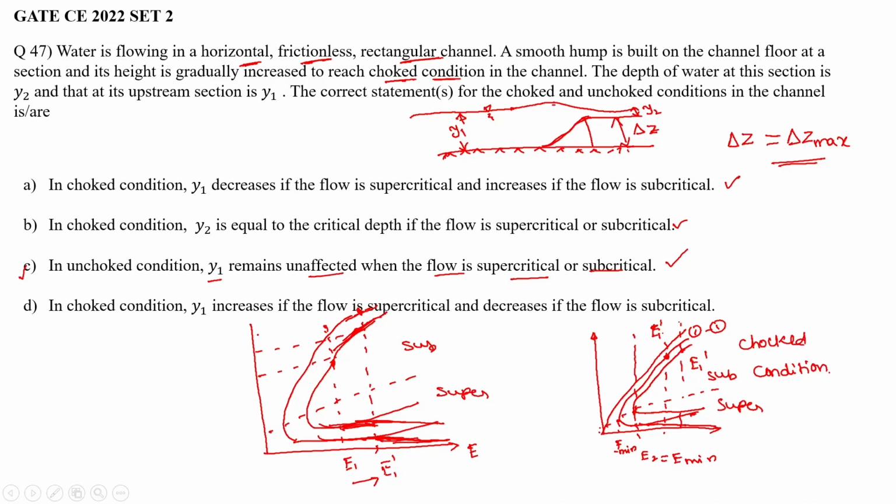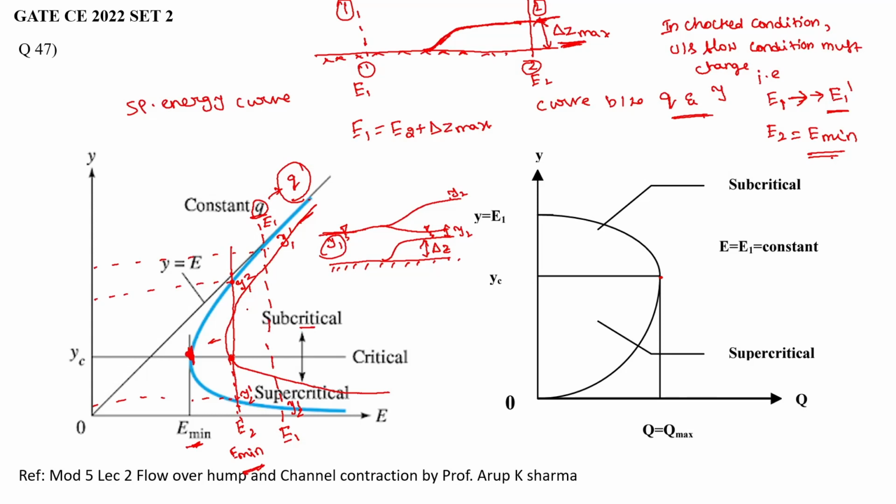So far we have shown that three options are correct. What is the fourth option? In a choked condition, y1 increases if the flow is supercritical. This is wrong. So the correct answer options are A, B, C. This is very simple if you know this particular diagram, the specific energy curve. So with the specific energy curve, when you increase the hump after a certain distance,